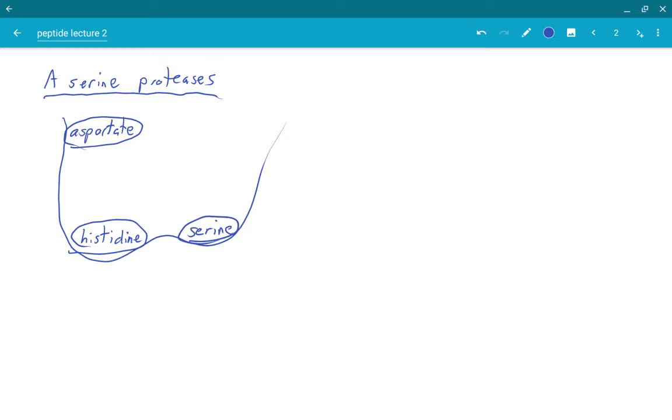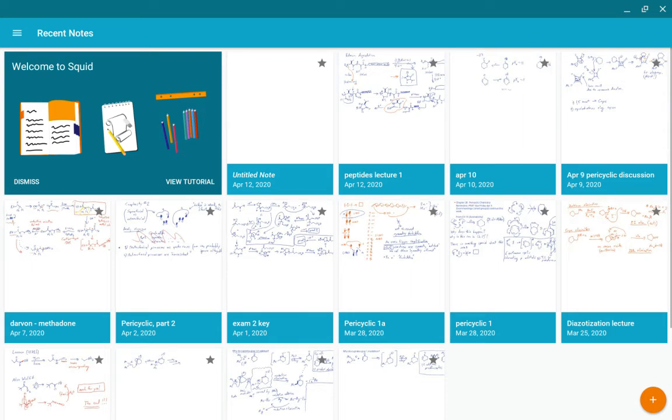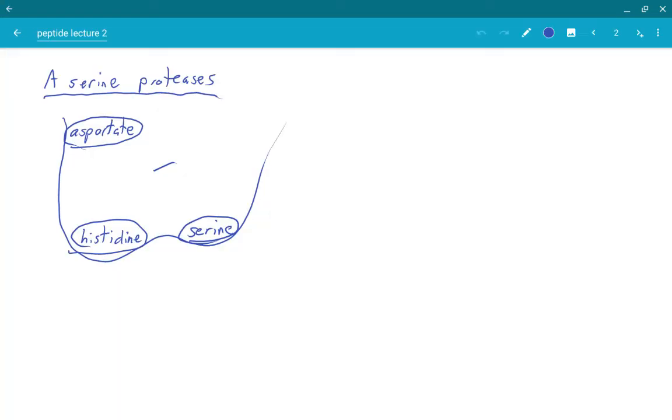Okay, so the enzyme binds to an amide substrate and holds it in its pocket. And we can draw this as just a simple N-methyl acetamide for now. And within this pocket,